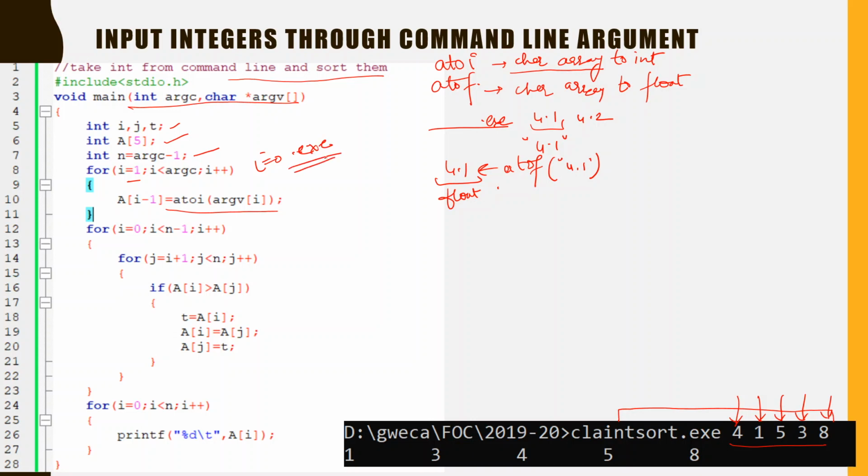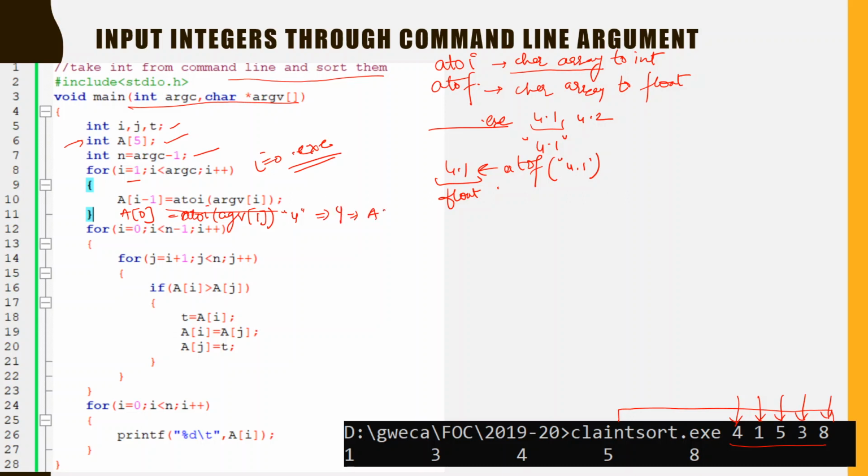So that is not useful for us to convert into integer. So we will take this ai, that is a0. We start from a0, we create an array of integers, that is array of integers from a0, that will be equals to atoi of argv1. Okay, so argv1 stands for 4 as string, and it would be converted as integer 4, and this integer